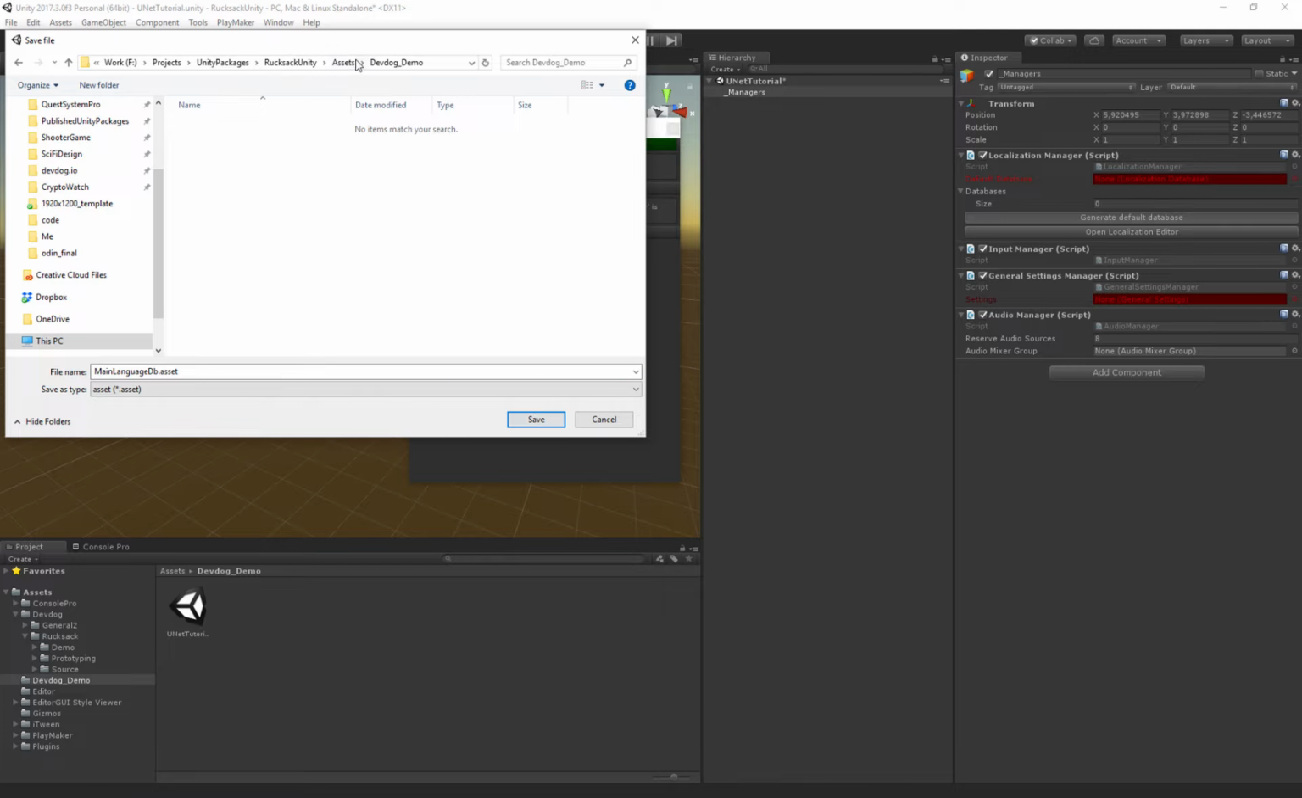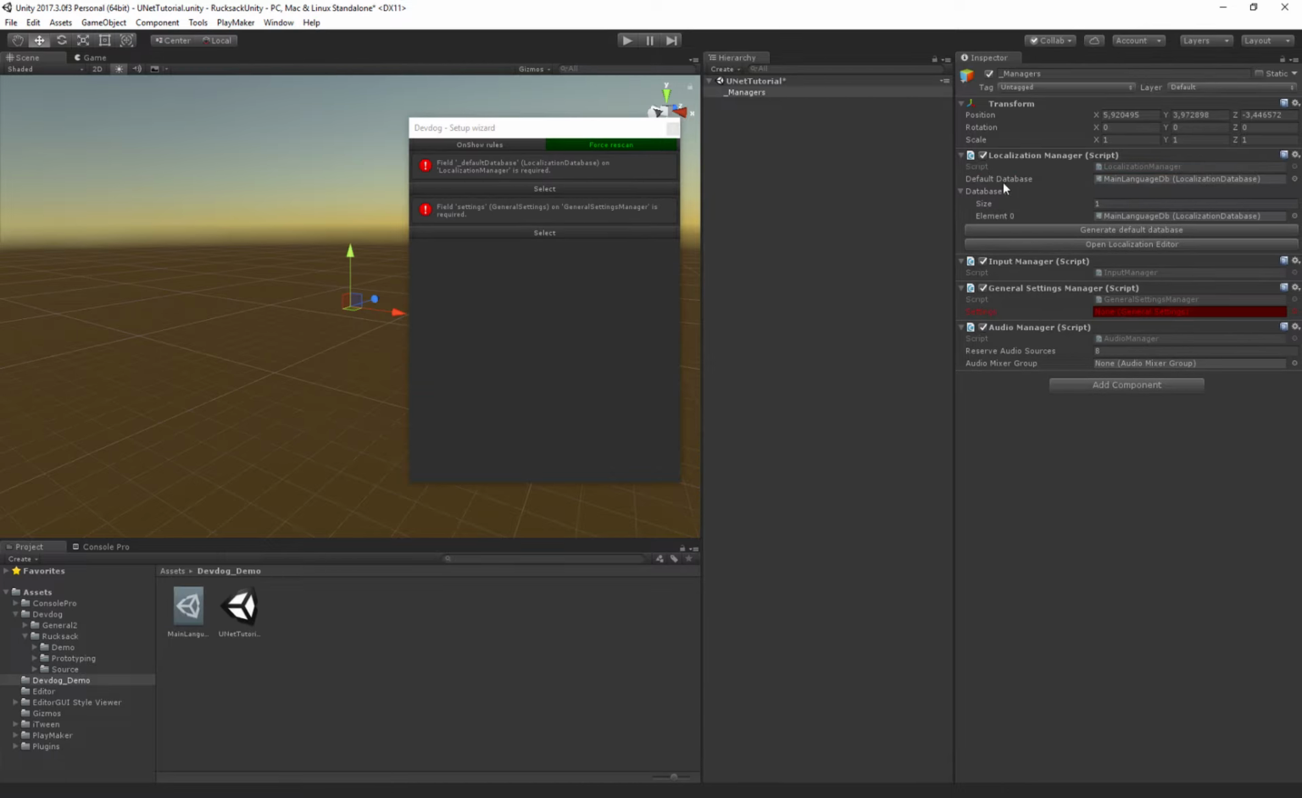Save everything in a separate folder, so don't save anything inside of the DevDoc folder, because if there's an update or you decide to remove the asset or whatever the reason is, you will lose your files, so just create a new folder and save everything in there. So I'm just gonna save it here, and it links everything, and as you can see the red warning error